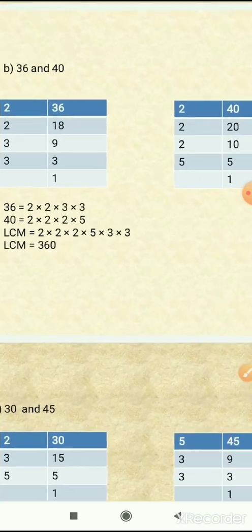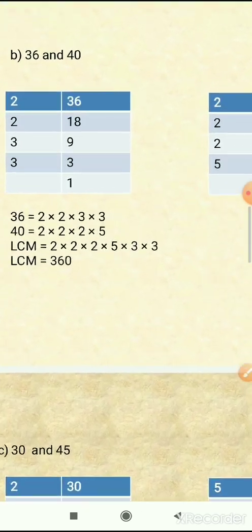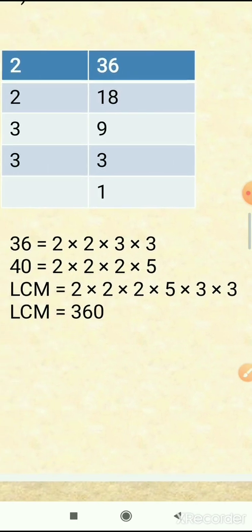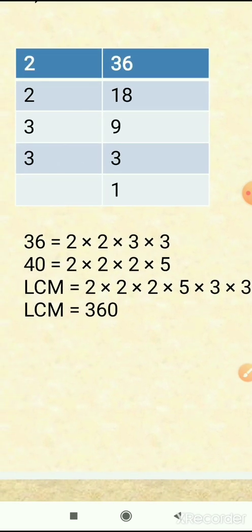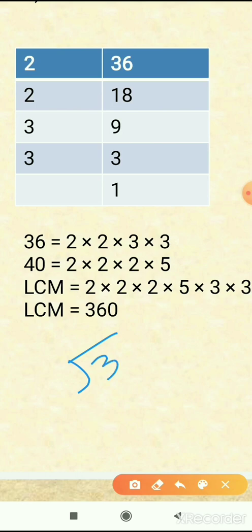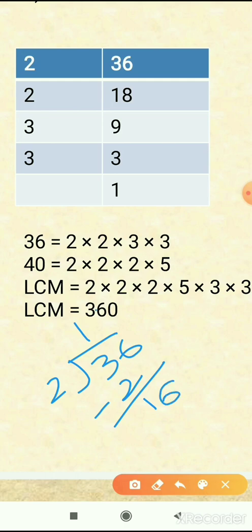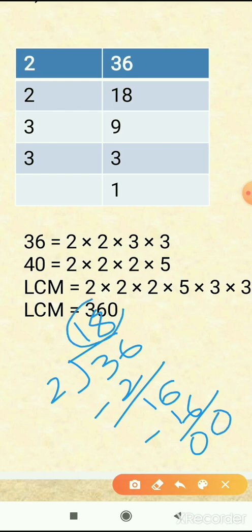So here first we will find the prime factorization of 36. Okay, so we know that 36 is an even number, so it is divisible by 2. So here we divide 36 by 2. 2 ones are 2. 3 minus 2 is 1. And here 6. 2 8s are 16. 16 minus 16 is 0. We get quotient 18, so we write 18 here.